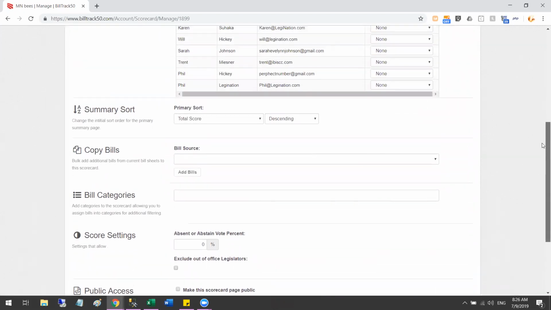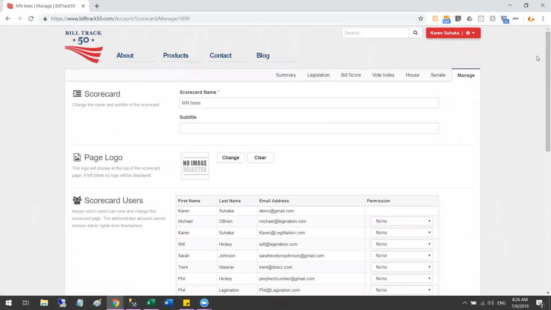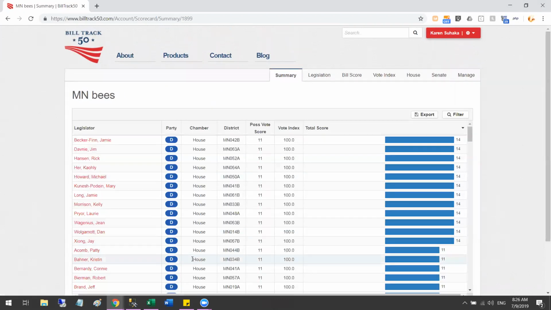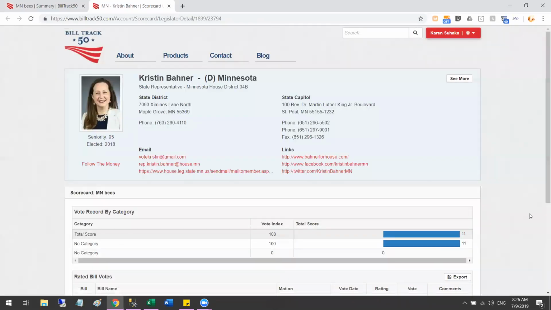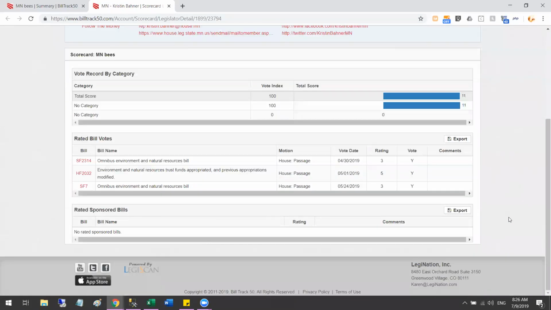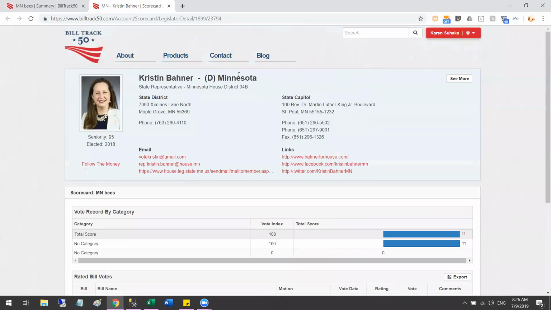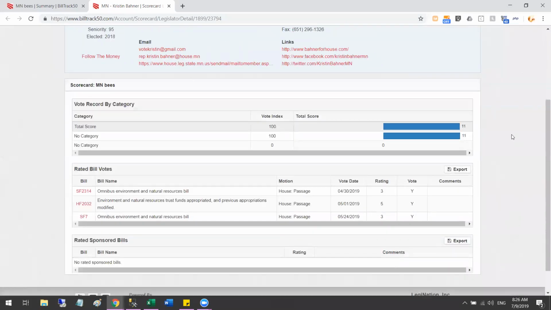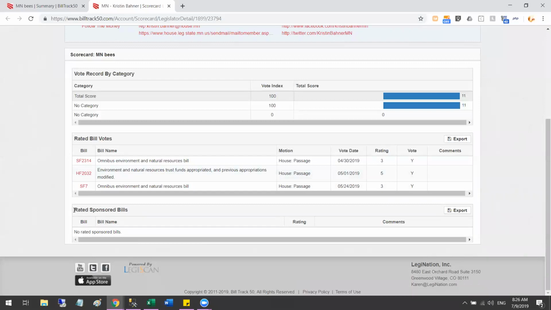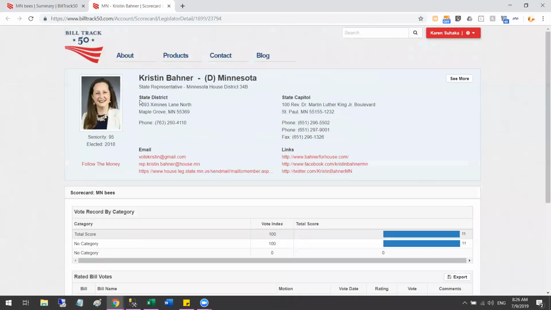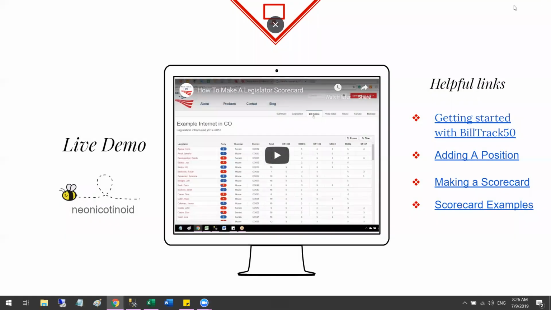But that puts us right at the 30 minutes we were hoping for. So let me go ahead and close my demo, unless, Michael, is there anything that I forgot to show? I don't think so. All right, so I did forget to mention that we do highlight who sponsored the bills that you thought were important. So those would appear down here. Representative Boehner did not, but all right. So go ahead and close this out.